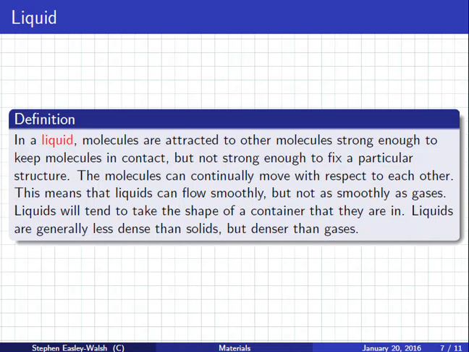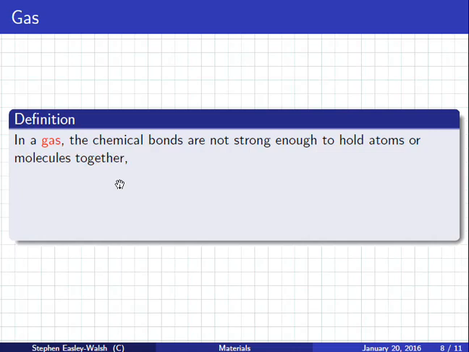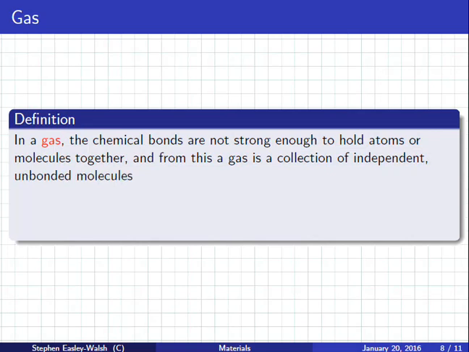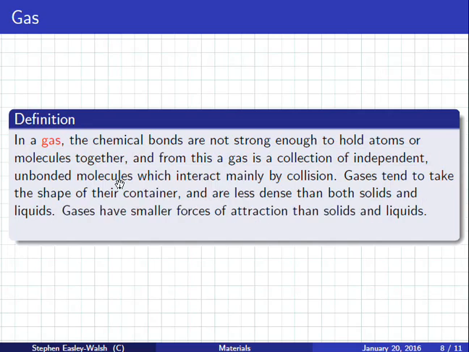So what is a solid exactly? We call something a solid if the atoms are fixed together. Before you write it down, at least hear it. In a solid, the positions of atoms are fixed relative to each other over a long time. In other words, they don't really move. This is due to friction between them, or cohesion between the molecules. This cohesion is provided by metallic, covalent, or ionic bonds. So in other words, they're held together by these types of bonds. Now, as physics students for the exam, we don't even need to know that. But because you're chemistry students as well, I thought I'd put that in.